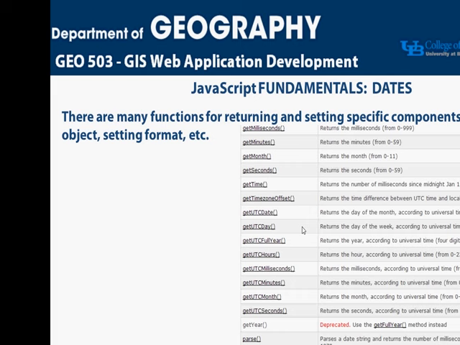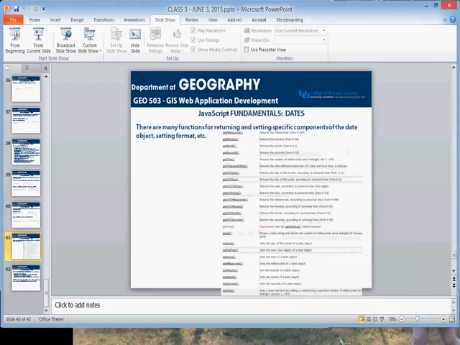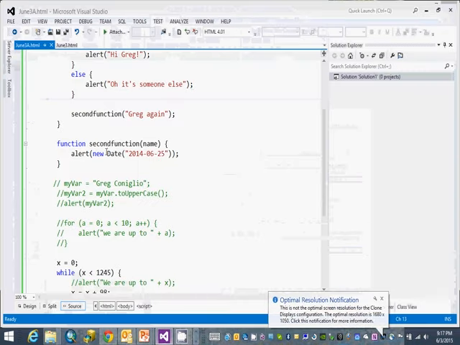There are many functions for returning and setting specific components of the date object. So once you define your date object, you can get or set specific elements of the date object with these methods. Like, for example, get month or get UTC date. So instead of doing this,